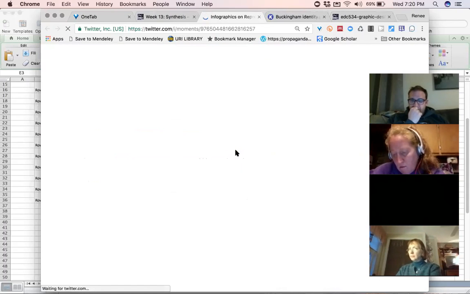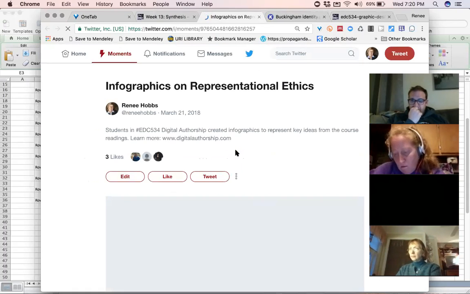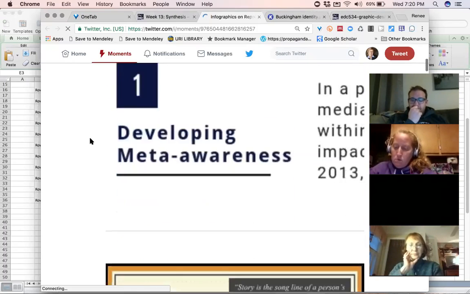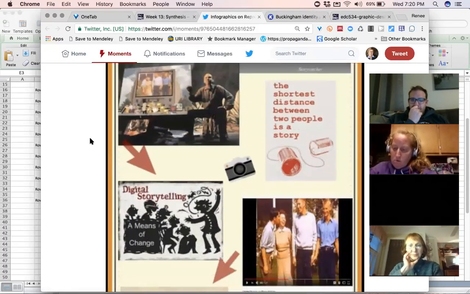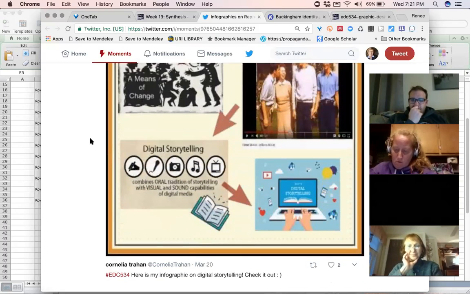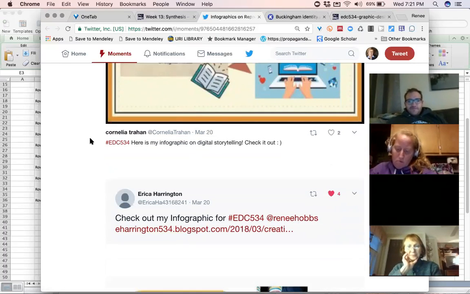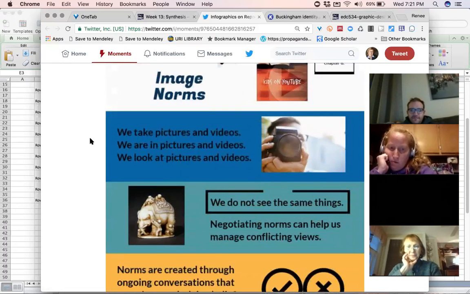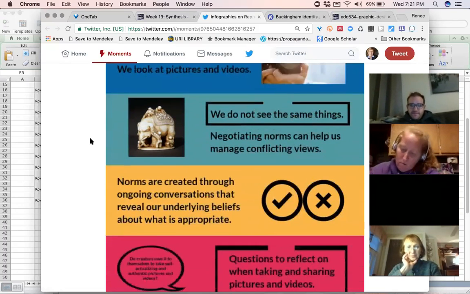I really loved how you created these infographics on representational ethics. Do you remember your infographics? I thought those were just wonderful. And in the spirit of me doing a visual synthesis, when you did these infographics, you were doing a kind of visual synthesis.